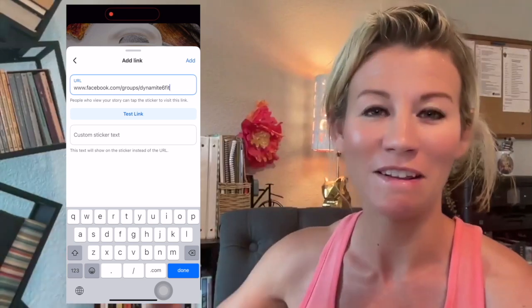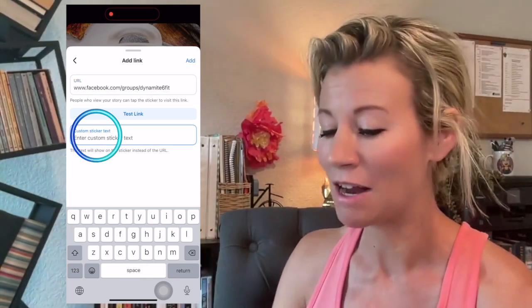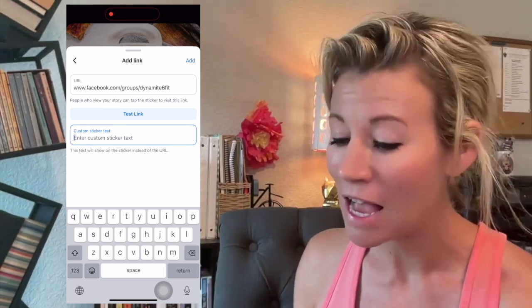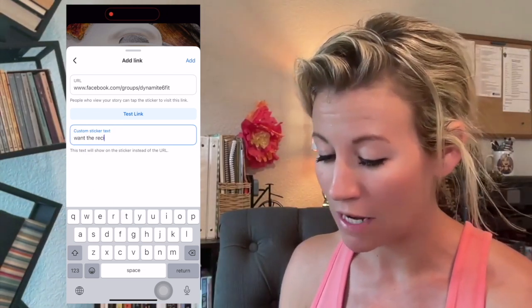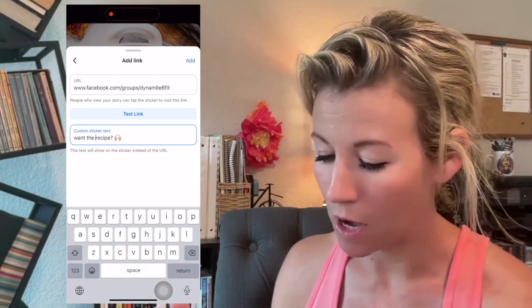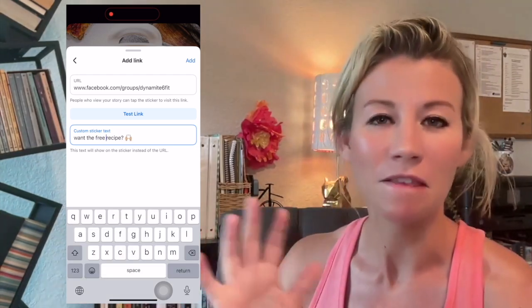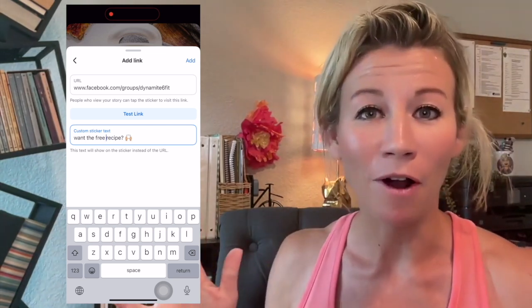Now, if someone hit that and they weren't in the group, it would give them the, hey, do you want to join the group? Custom sticker text. So I don't want it to have this ugly link on there. I'm going to type want the recipe, and I might even type want the free recipe because it's a free recipe. And this is a Facebook story about a really cool